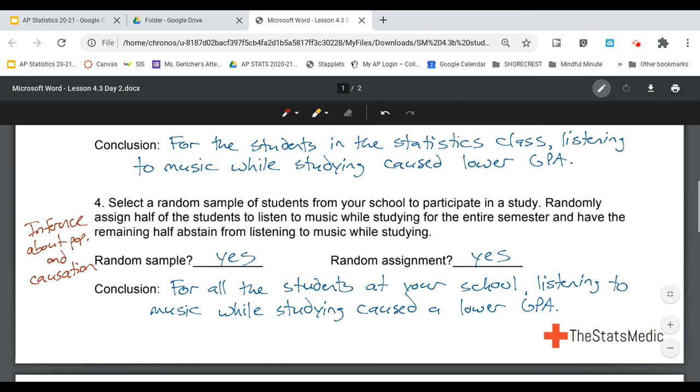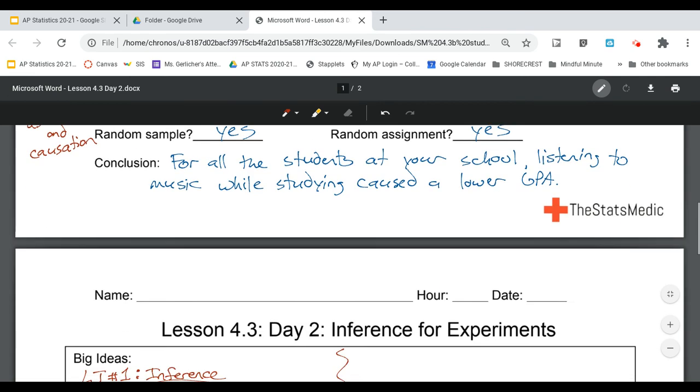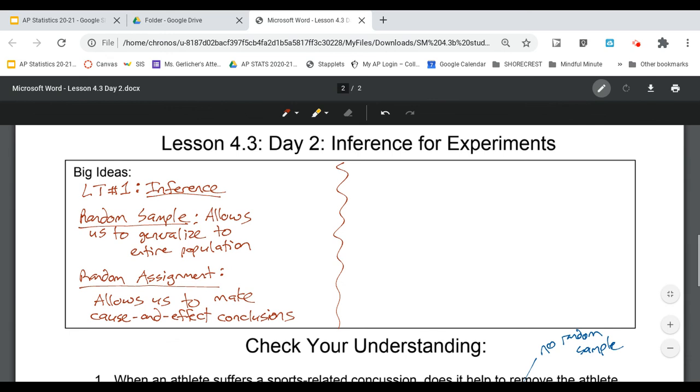Okay, so now I want you to pause the video and go do the check your understanding. And once you put your full effort into that, oh no, back up. Oh, I'm lying. Forgot the other learning target, because this did not show up in the activity, but it will show up in the check your understanding. Okay, learning target number 2